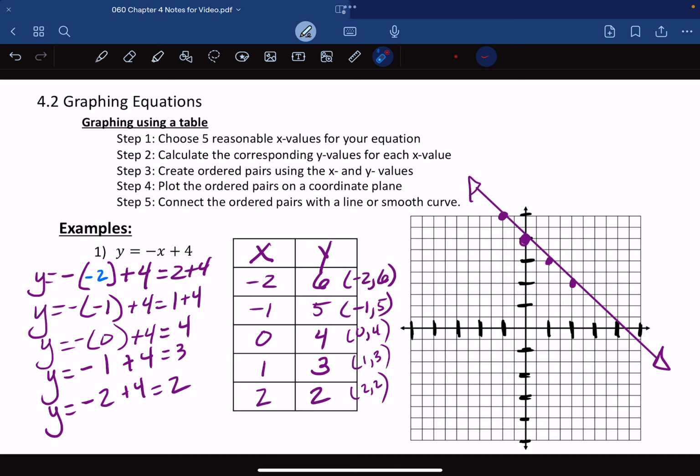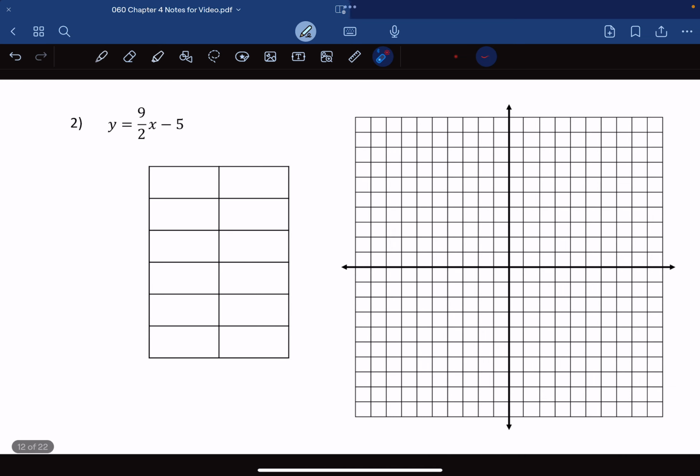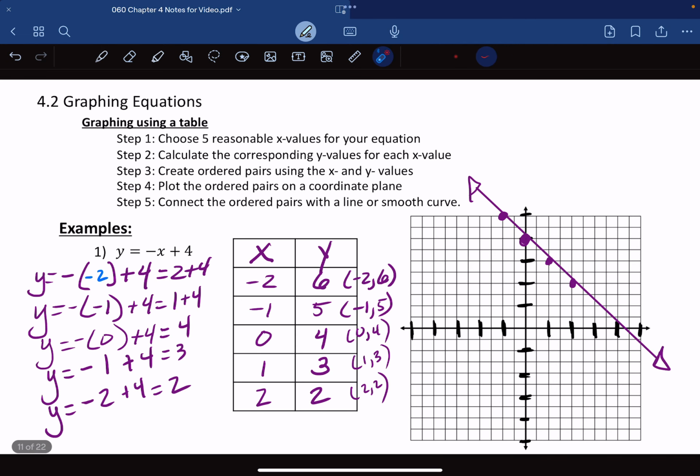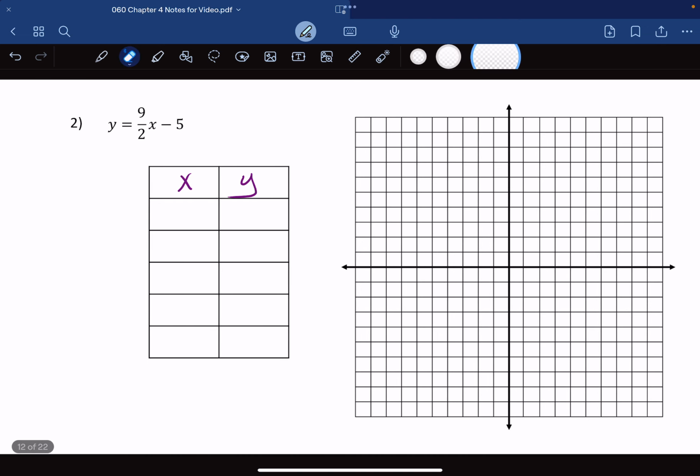I have a couple of other examples I want to look at, specifically ones with fractions, where we might have to do some special things a little bit differently. The last one we had, these are all whole numbers. The math was not too difficult, but what happens when things don't always go out smoothly? That's what we're going to look at in the next two problems. So this next one,